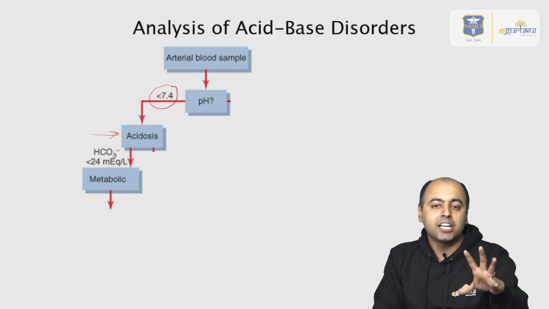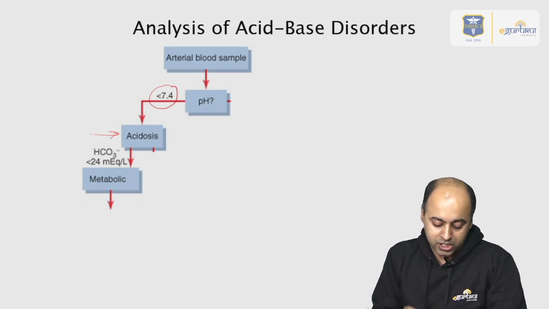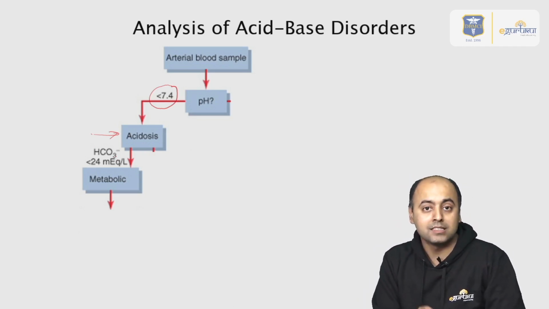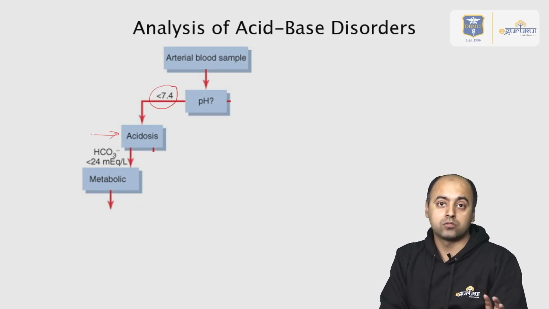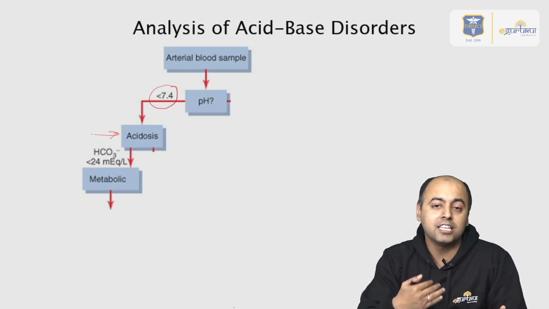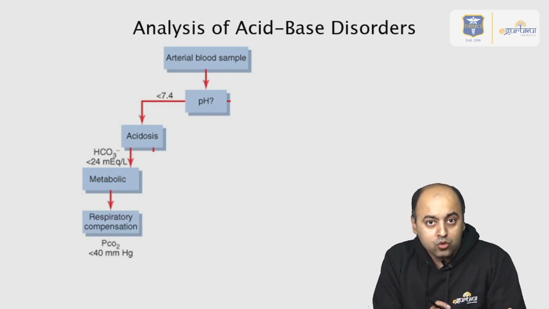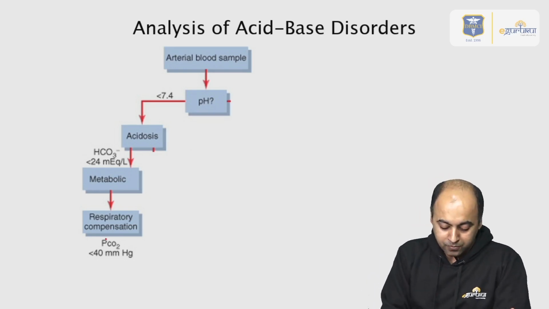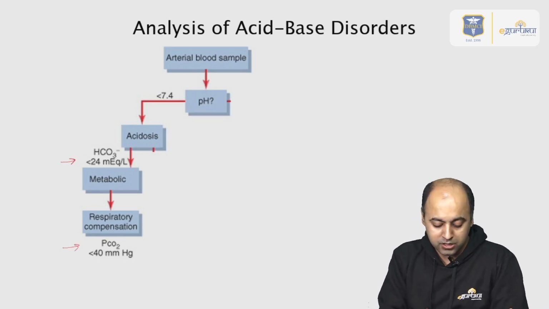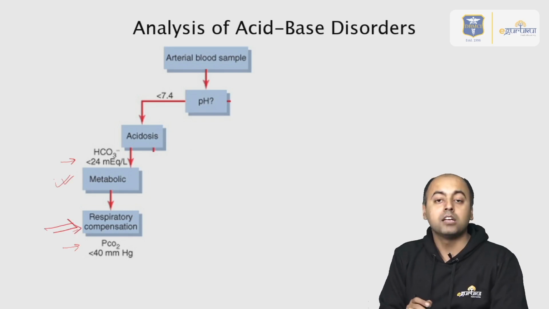Metabolic means the bicarbonate value will change, and respiratory means the PCO2 value will change. So if the bicarbonate value is less than 24, then we are looking at a metabolic cause, and simultaneously if there is a decrease in PCO2 value also, it is to compensate for the acidosis. So if both bicarbonate and PCO2 decrease, this means the cause is metabolic and compensation is provided by the respiratory